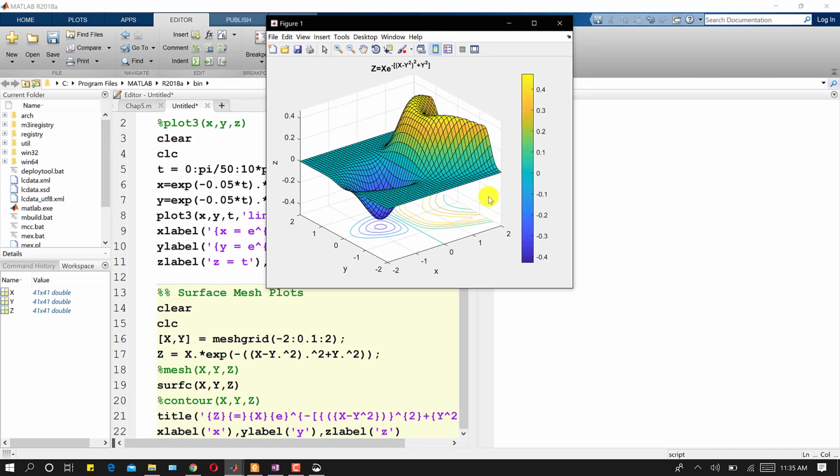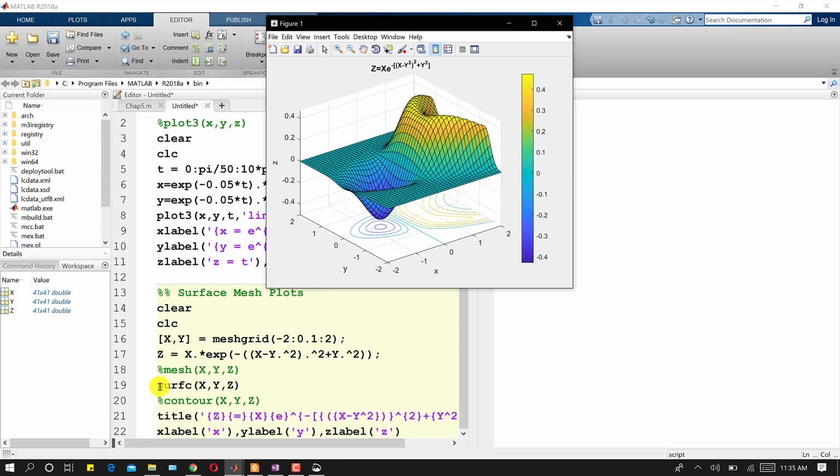As we can see, these are the negative values. These blue ones are the negative values, so these are minus 0.4. Here the surface is going towards the negative values. This contour tells us that here we will have the minima of this surface. Similarly, this yellow line tells us this particular location on the surface. So this is the contour plus surface. If we use the surface C, we will have both the contours and the surface plot.